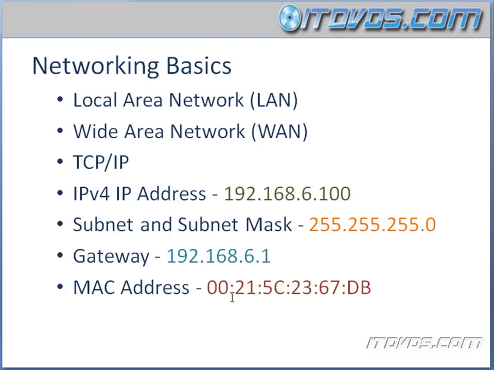The next concept is going to be a MAC address. On all Ethernet networking cards that are in your computer, they have a MAC address, also called a hardware address, actually burnt into the card. Notice it uses numbers and letters. This is actually a hexadecimal format. We'll talk about this later on as well. On an Ethernet network, in order for one computer to communicate with another computer, we actually need to know the destination computer's MAC address. And we're going to go over that in depth later on as well.